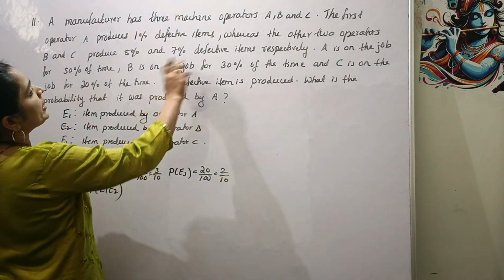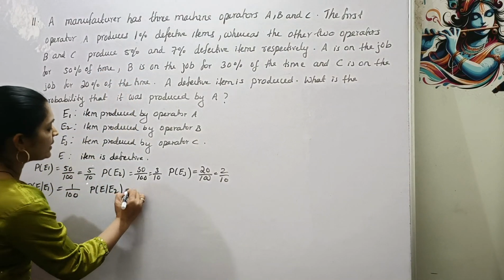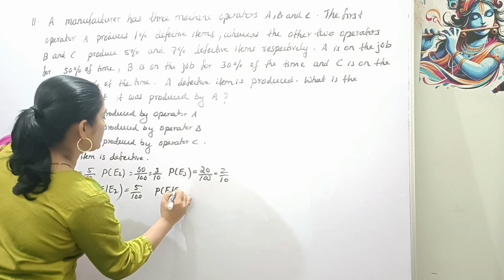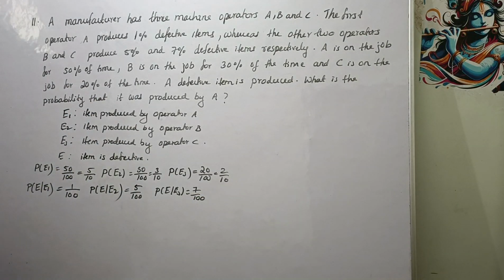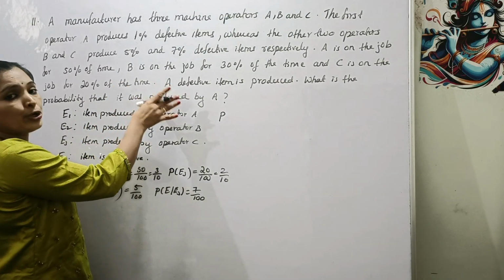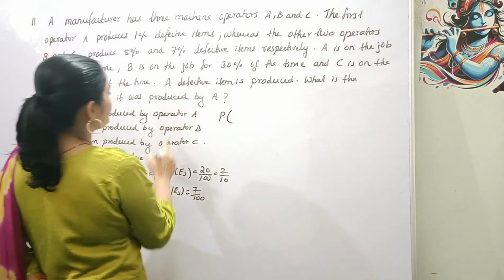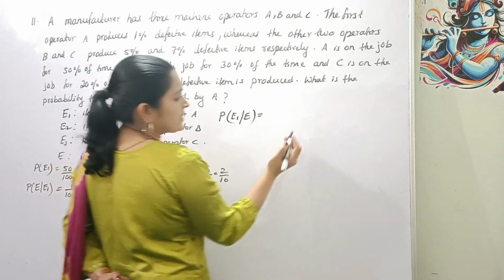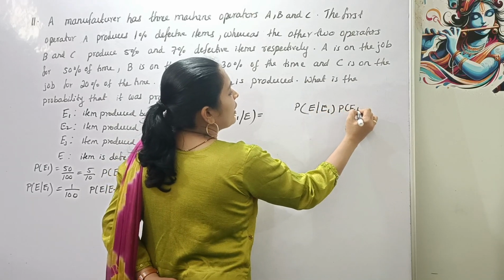That is operator B, which produces 5% defective items, that is 5 by 100. And probability of E given E3 is 7%, 7 by 100. Now what do we have to find? We have to find the probability that the item was produced by A given that it is defective, that is probability of E1 given E. By Bayes' theorem, that is equal to probability of E given E1 into probability of E1 divided by,